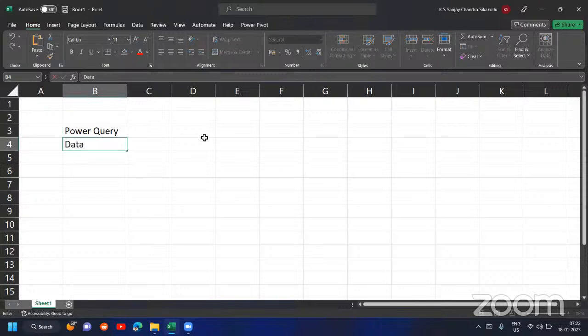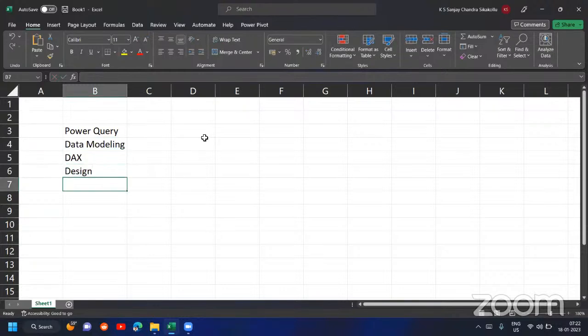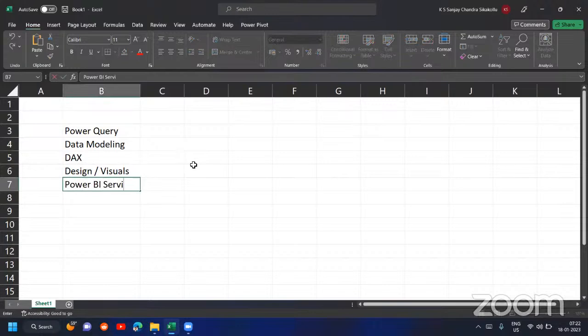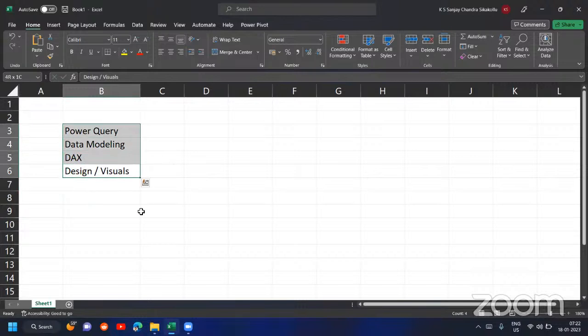Apart from Power Query, the second one is data modeling. The third is DAX. The fourth is the design part, meaning visuals as well as design; I'll club them together. I would say these are the four main components of Power BI. And of course, the fifth part is Power BI Service. Once you go into organizations, then you will get the full view of it, because in real time, once the organization gets everything live related to their data, that's when this comes into the picture. But generally, in terms of learning, these are the four areas we'll be focusing on a lot.